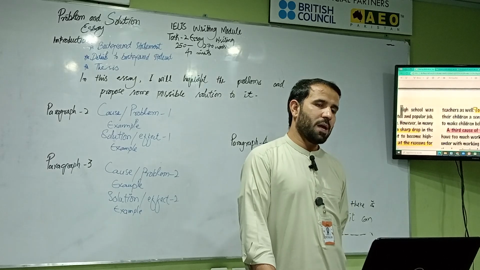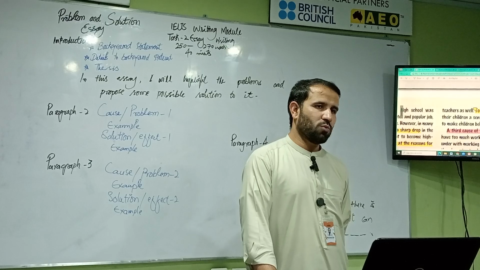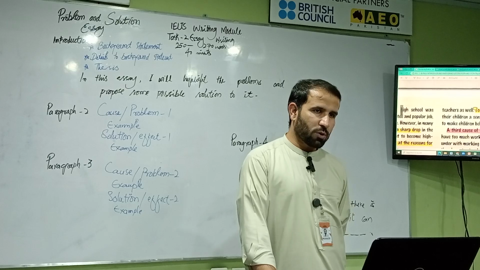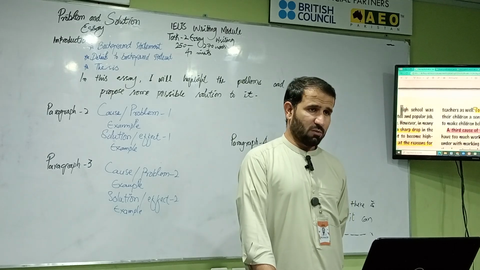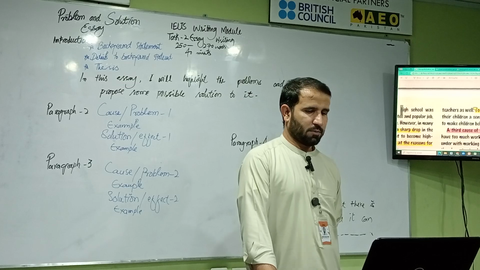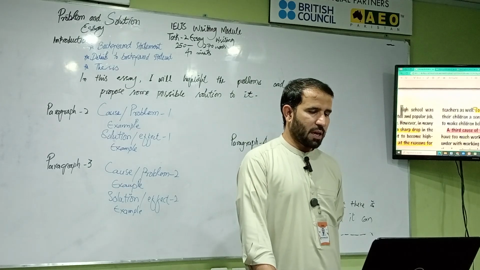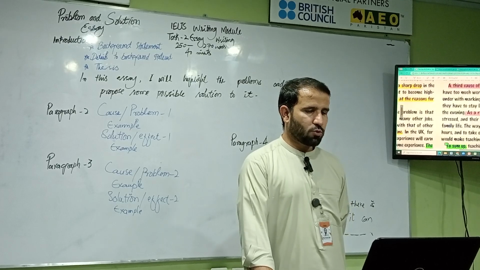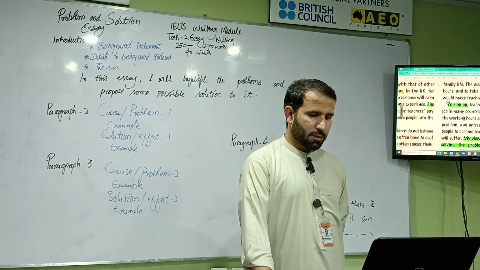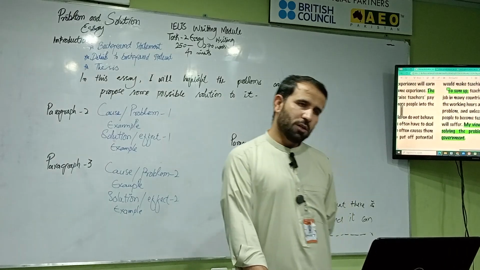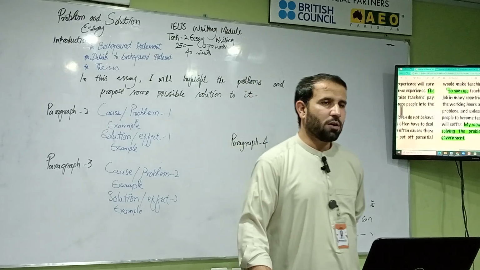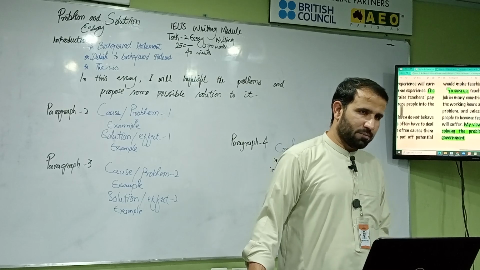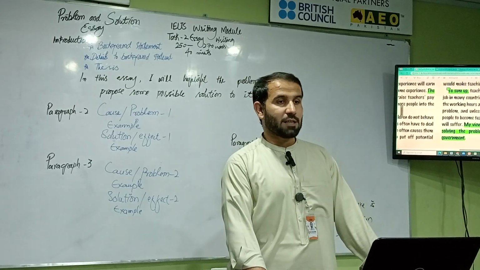Students do not behave in the class, that's why teachers do not want to teach. So, how can we tackle this? How can we give a solution to it? The parents must give their children a sense of respect for teachers in order to make children behave better in the class. Now there is a third cause, but we don't have a third cause, we have just two causes. Now, to sum up means conclusion. We can also say to conclude, we can also write finally, all in all, or as a result.